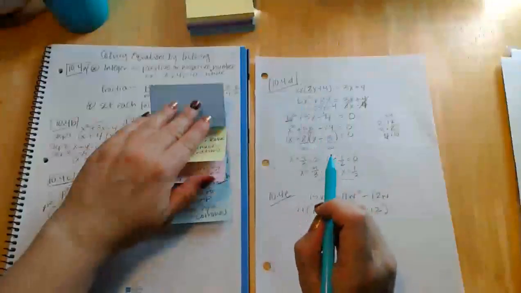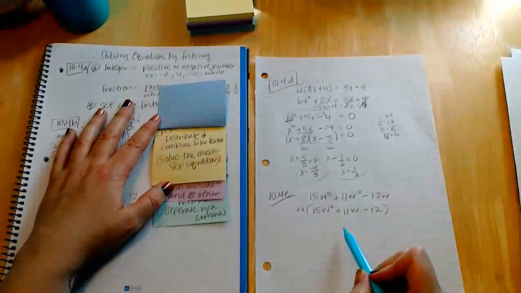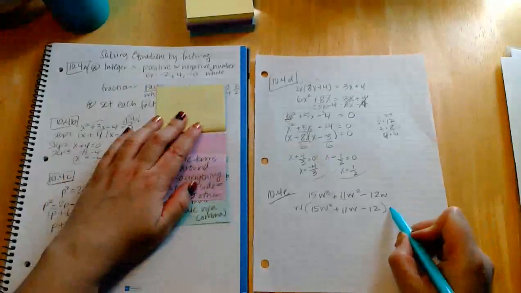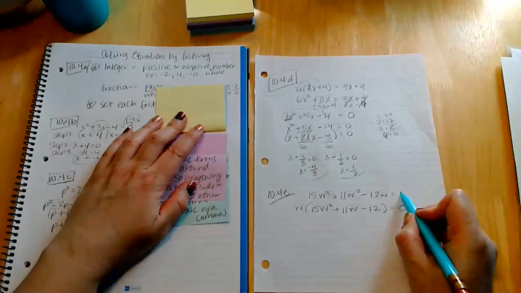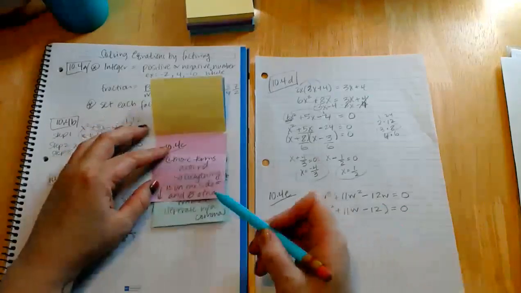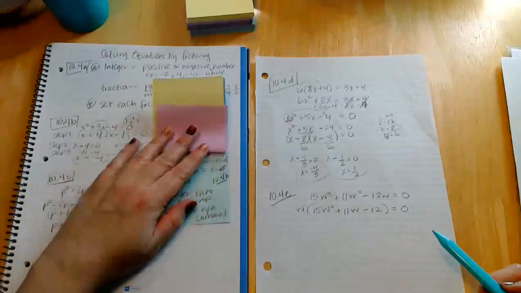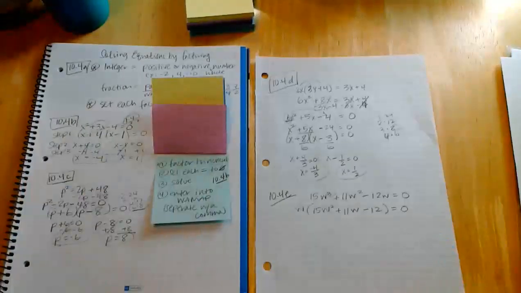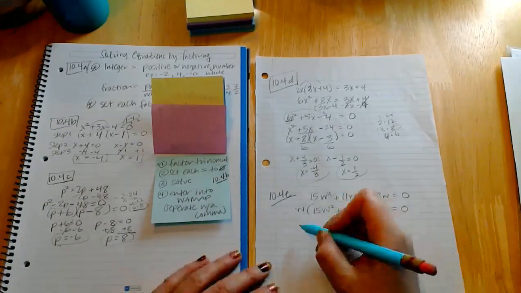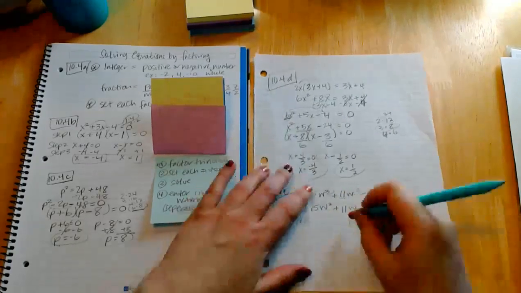Check. I did the blue Post-it. Now I go down to the yellow Post-it. Is there anything to distribute or combine like terms? Not on this one. Because this is equal to 0, is there anything that I need to move around? Nope. I've got all my terms on one side and a 0 on the other side of the equal sign, so I'm ready for these steps. Do you see how I can skip the steps that I don't need? That's pretty handy. So I'm just going to ignore that W, and I'm going to factor this out.